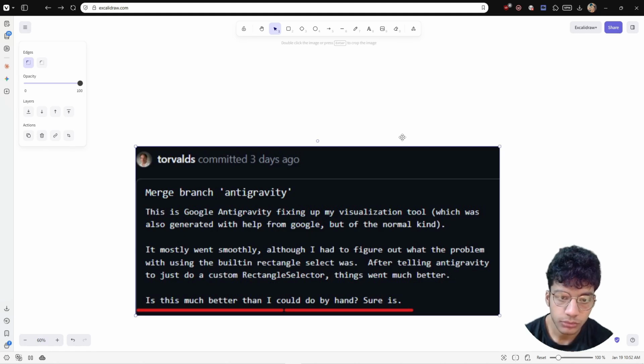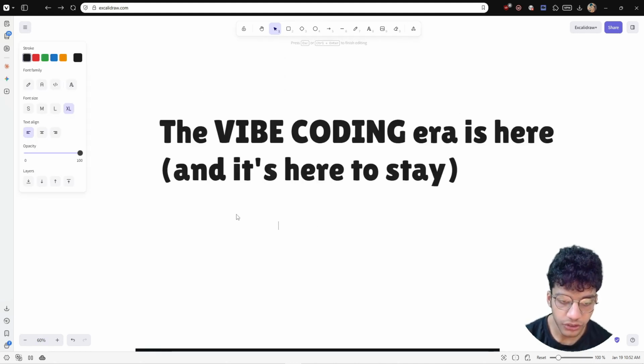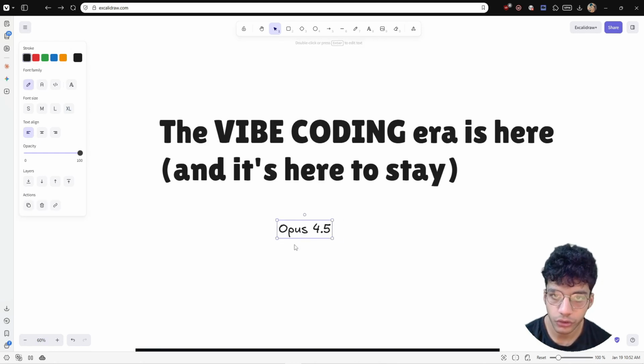That is huge. And remember, I spent a long time hating on AI myself. The only reason I ever came around to vibe coding is because I tried out Opus 4.5, which is a Claude model. The moment I tried out Opus 4.5, I was just sold on AI and agentic coding as an idea.